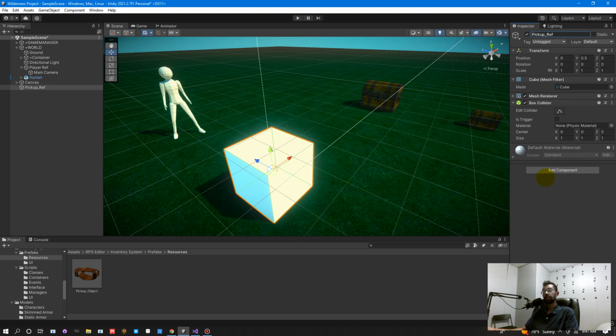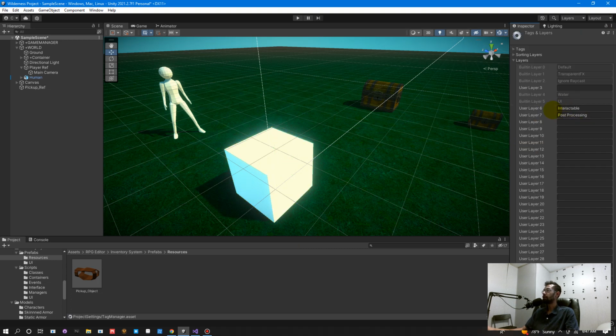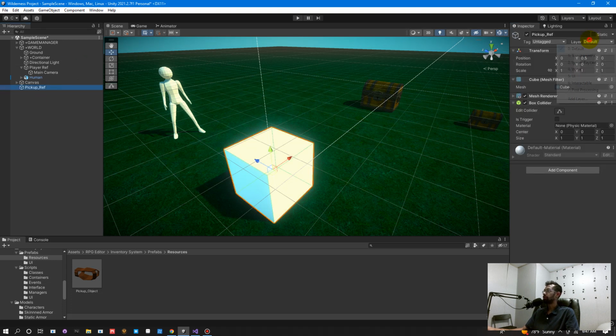All right, so the next thing that we need to do is we need to create the layer, right? So select this layer mode right here, go over to add layer, and you're going to put in a new layer. Now mine is underneath user layer 6 called interactable, but it would be preferable if you have it underneath 6 or lower. So just write it in whatever layer you want it to be interactable, and so go ahead and reselect your object, change the layer to interactable like so,